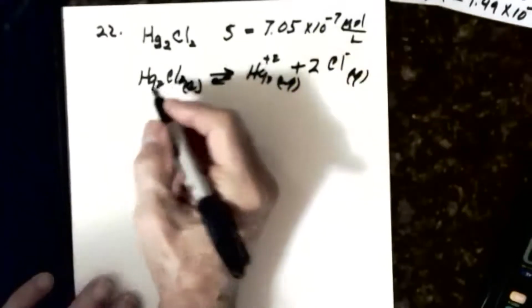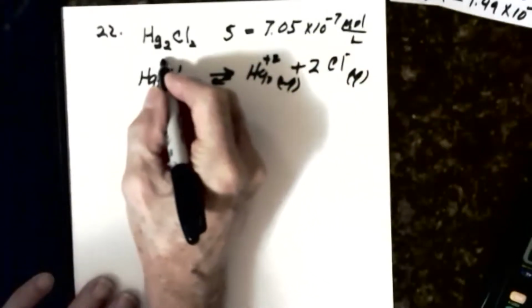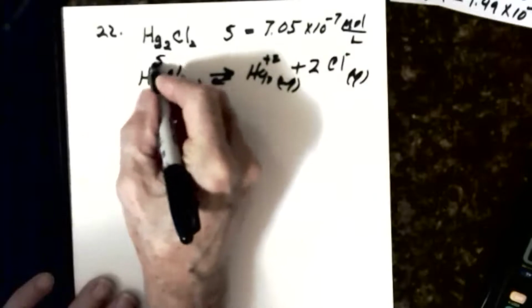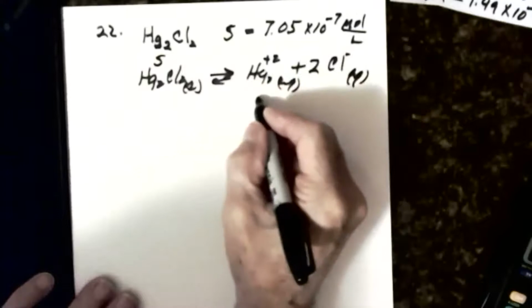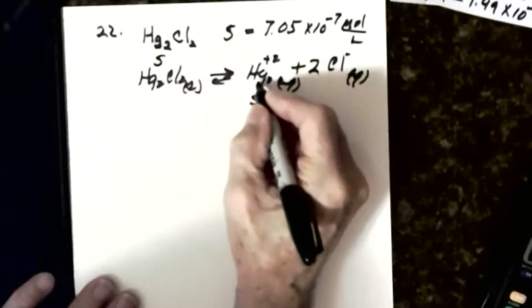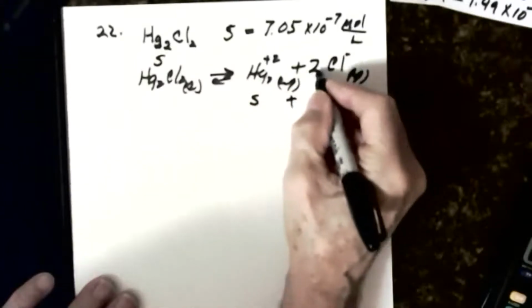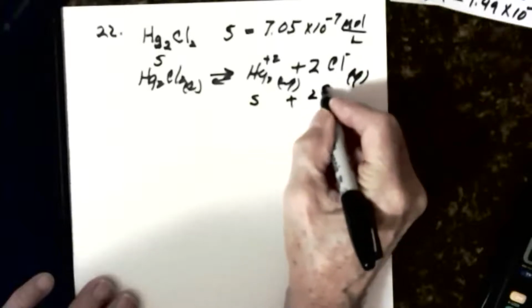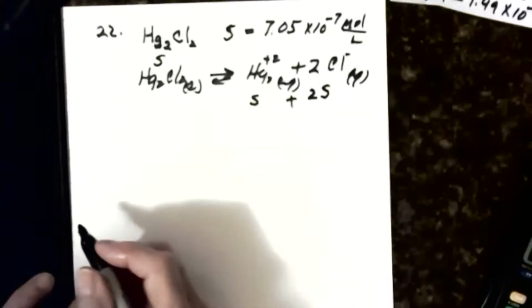So if S moles per liter of this dissolve, S moles per liter goes this way. So I'm going to get S from here, and I'm going to get 2S, twice as much, of the chloride ion. Now the KSP for this compound,